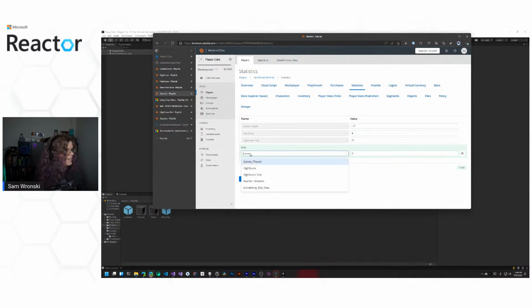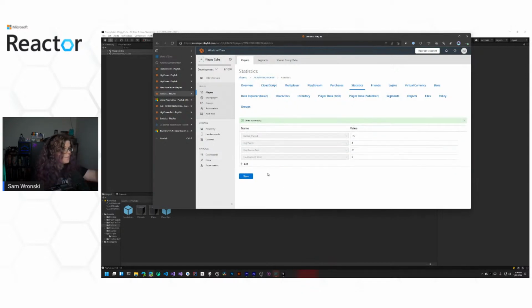What have I done wrong? Oh no. Demo curse. Okay, got it. Tournament wins. Create. Perfect. We'll assign that to 0 and save this. Now we have a new statistic that's going to track the number of tournaments you have won on this account.